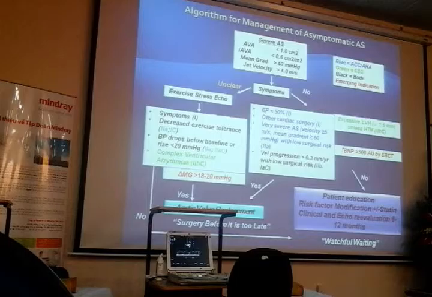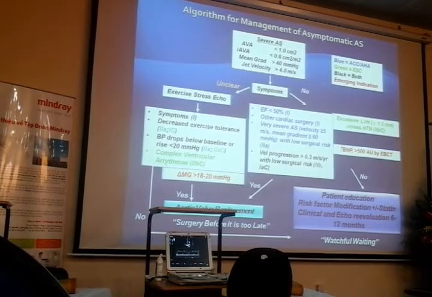Again, if patients are able to successfully complete their exercise stress with none of the negative prognosticators, those patients have a good prognosis and can be